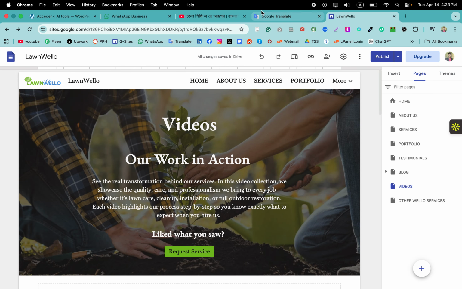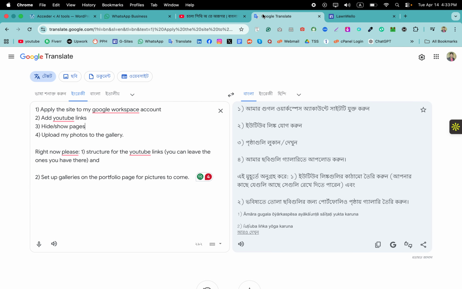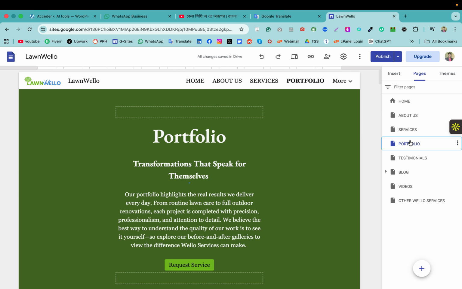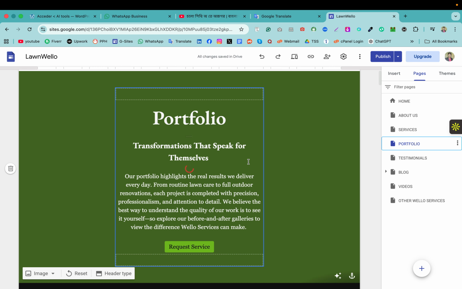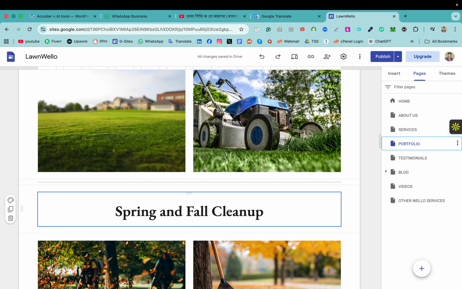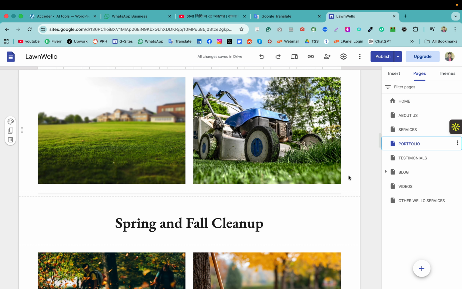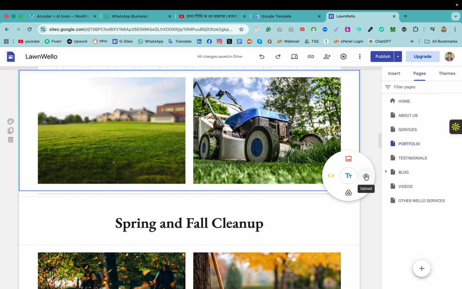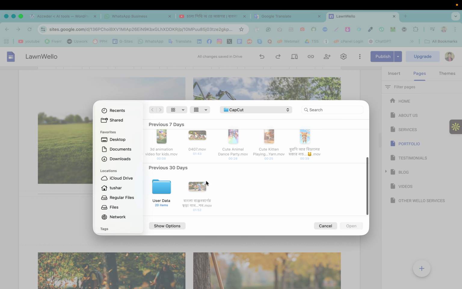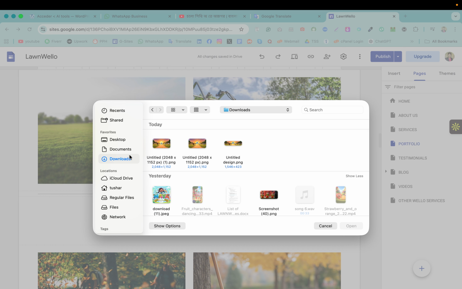And the next point, upload your photo from your gallery. So if you want to upload your photo on portfolio page, then you can click here, double click and upload from here, and then you can put an image from your gallery,